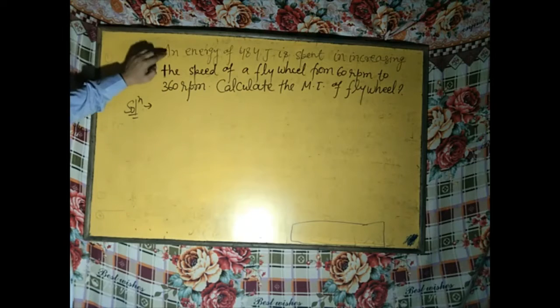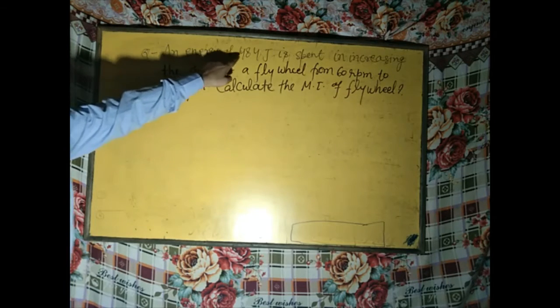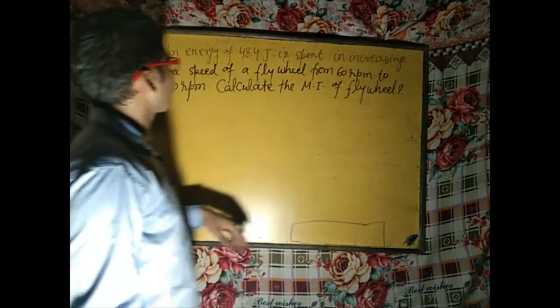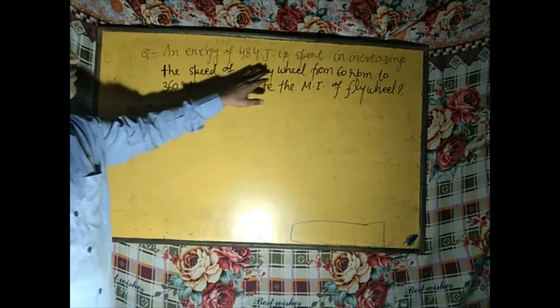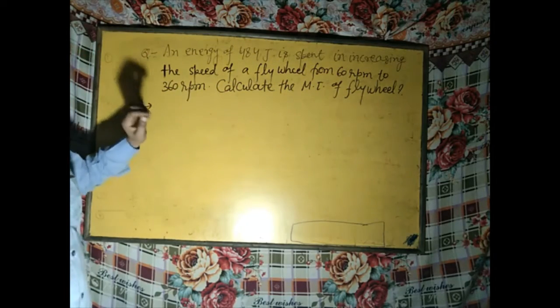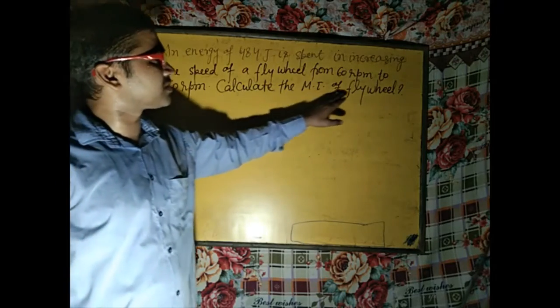Okay, so this one is the question. Solution. So students, you can see this is the question. An energy of 484 joule is spent in increasing the speed of a flywheel from 60 rpm to 360 rpm. Then calculate the moment of inertia of this flywheel. Okay, this one is the question. So first try to write the given quantities of the question. So given quantities are